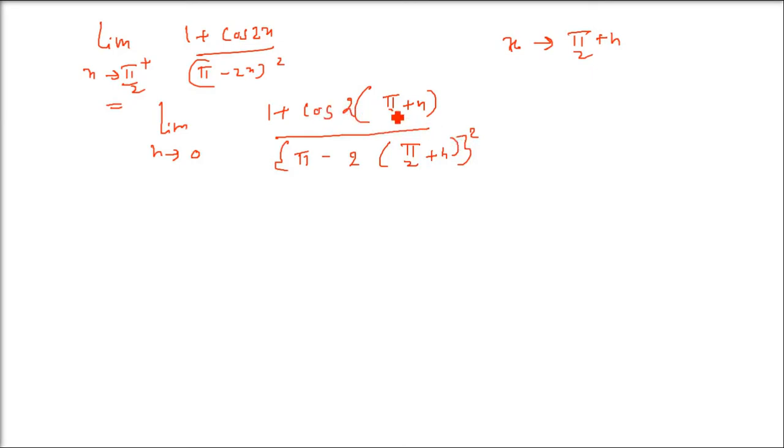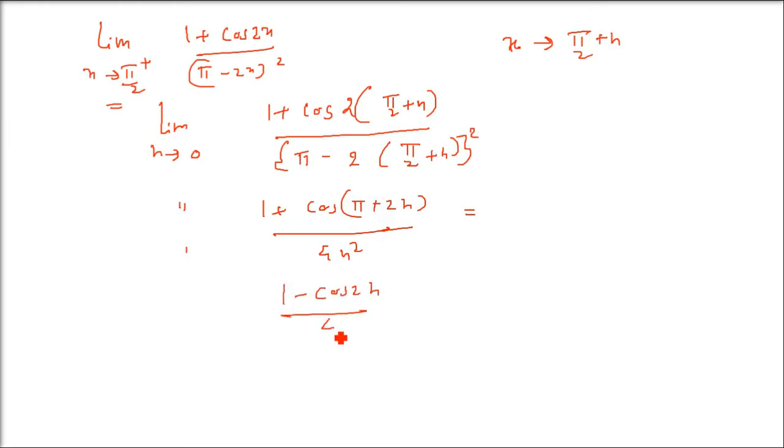So now you have this, multiply this cos 2 into pi by 2, is cos(pi + 2x). Inside this we have 1 plus cos(pi + 2x). And in the denominator, I am not going to solve this fully, it will take time. So 4h square will come. Cos(180 plus theta) is what? Minus cos theta. It's minus cos theta. Cos 180 plus theta. Limit is already there.